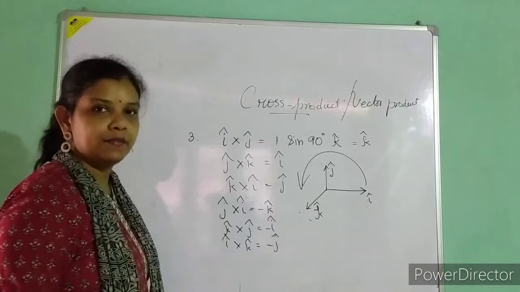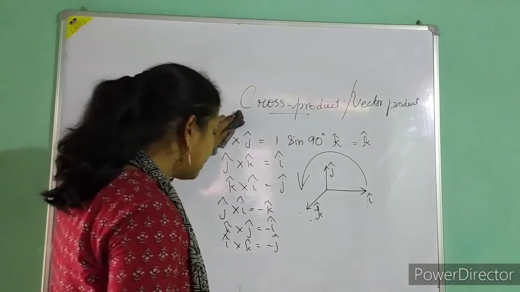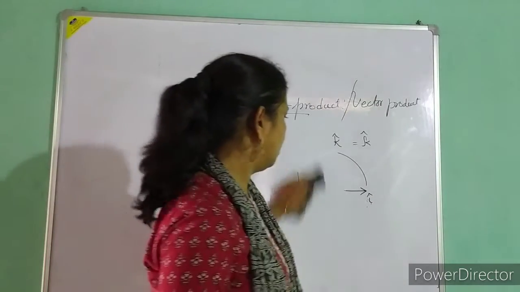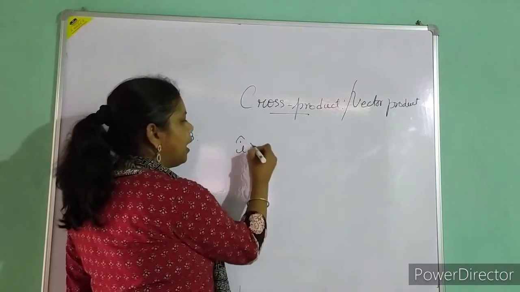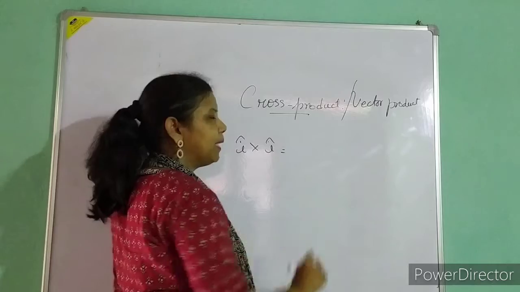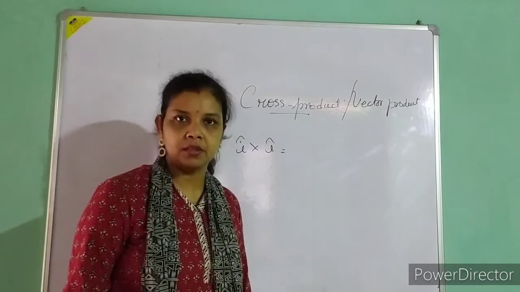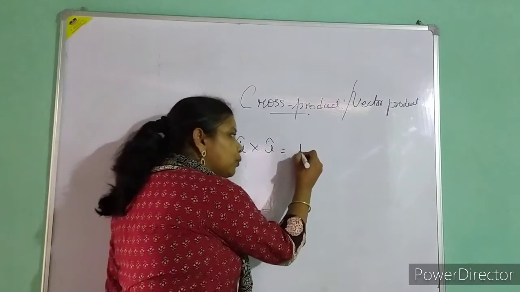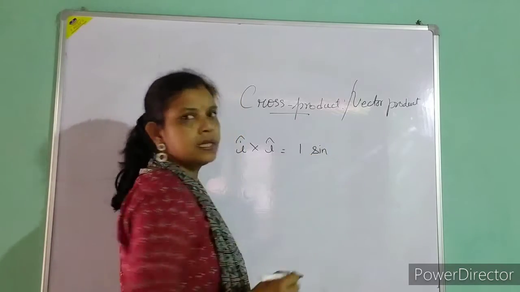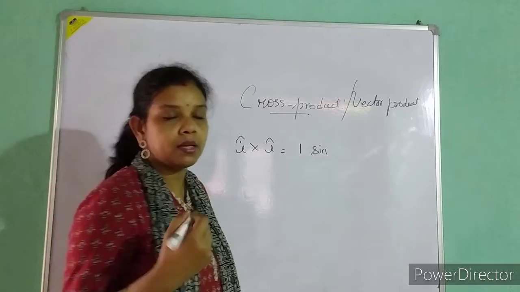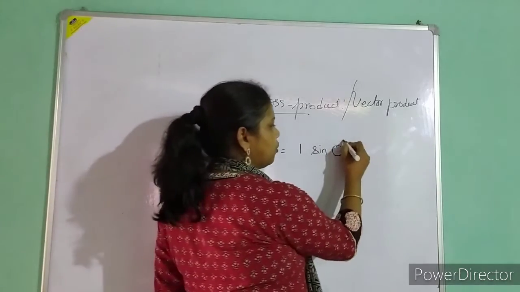So this is the reverse. After doing the cross product of different vectors, I cross j, j cross i, let us move to i cross i now. If I multiply two similar vectors, then no doubt the magnitude of the product will be 1. But now what is the sign? They are moving along the same axis, same direction. So the sign of 0 will be there.